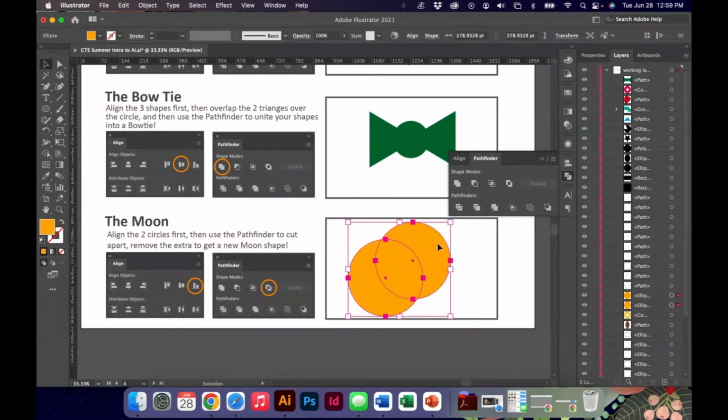We're going to take these 2 circles again because I want you to see how you can cut out multiple circles and get multiple different shapes. And I'm going to align these to the bottom. And then I'm going to go back to my Pathfinder and do exclude. Now, what exclude does is it takes away whatever's overlapped, kind of like the football, but now I have multiple